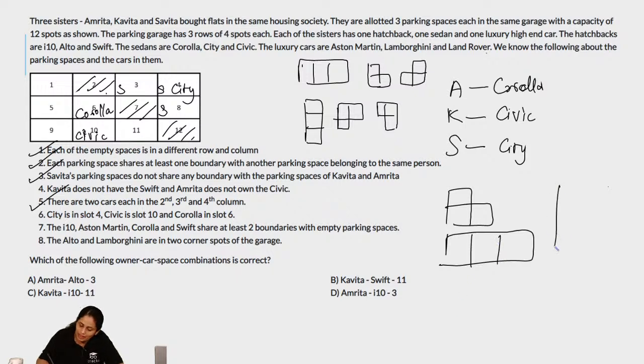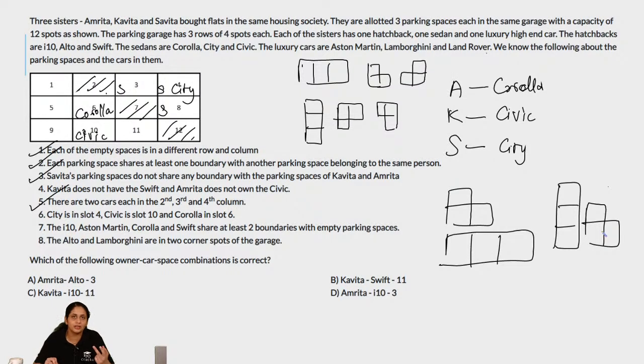The other way is 1, 5, 9 as one block and 6, 10, 11 as another block. But if 6, 10, 11 is one block, then Corolla and Civic are in the same block belonging to the same person. So one person will have 2 sedans and will not have one hatchback or the luxury car, which will violate the condition. So Corolla and Civic cannot be in the same block. So this cannot be the configuration,